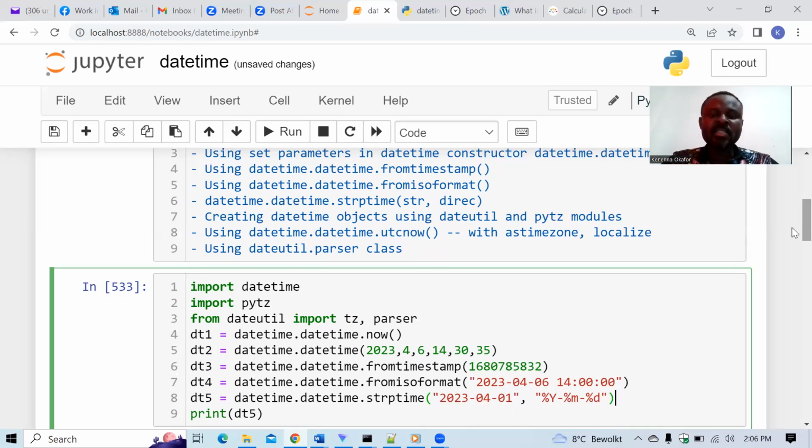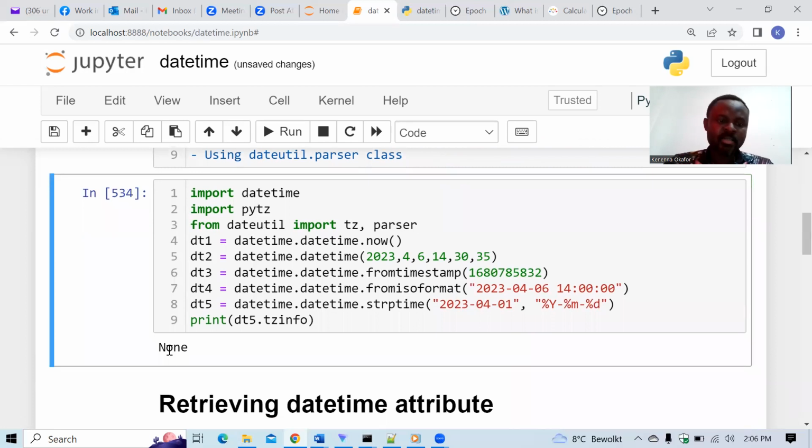So guys, I have been creating datetime objects that are time zone naive, that is having no time zone attachment. And we can see, if I have this dt and I get the tzinfo and I run it, we see that there is none. So provided that this tzinfo is none, then we know that the datetime is time zone naive or